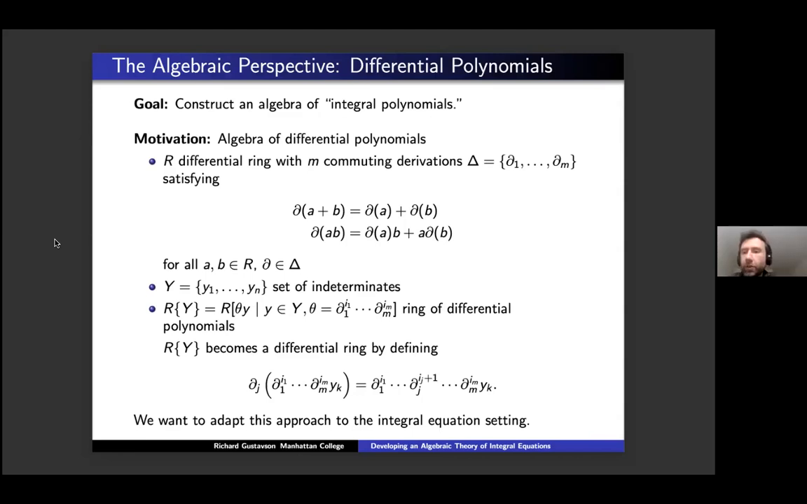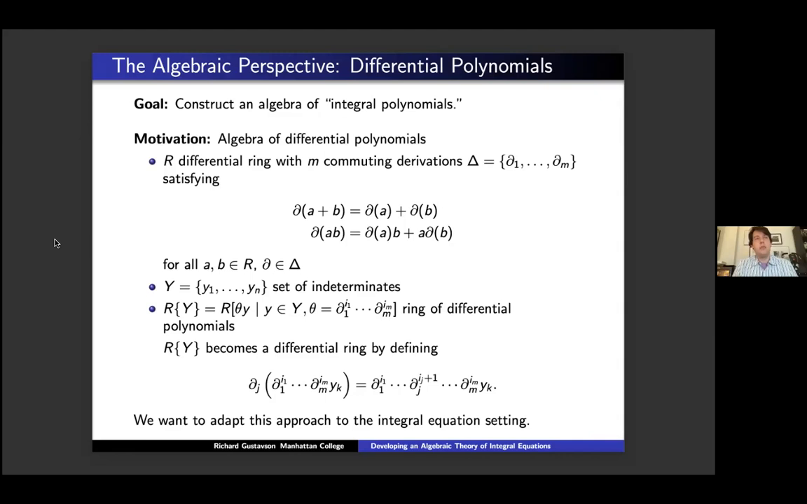Question. What questions will the algebraic theory answer? So that's a good question. We're hoping that we're going to be able to produce some analogs from the differential case, like for example,